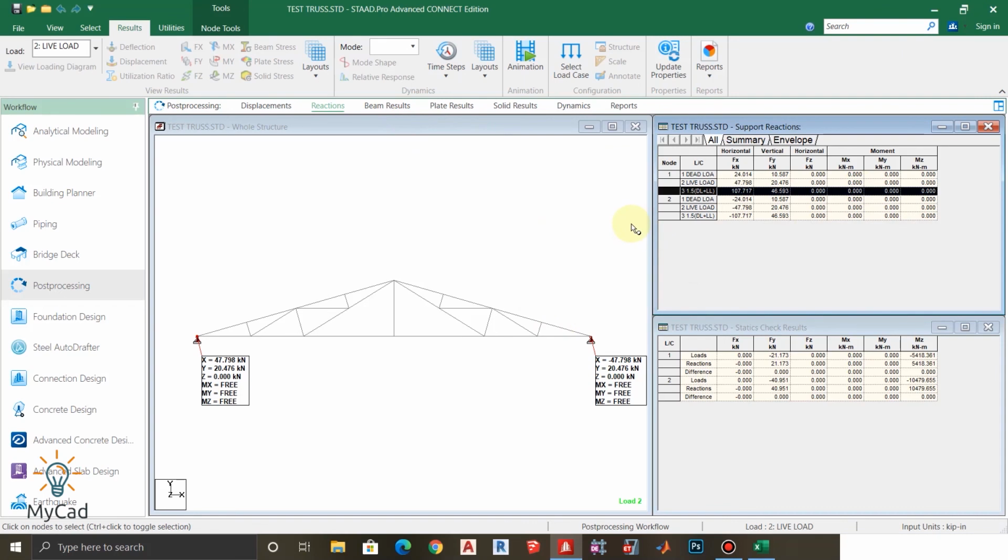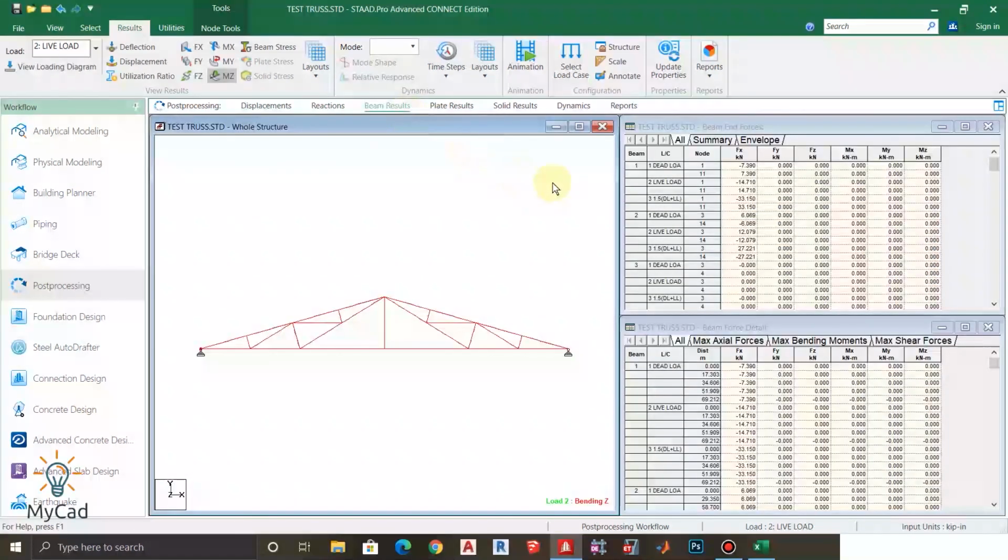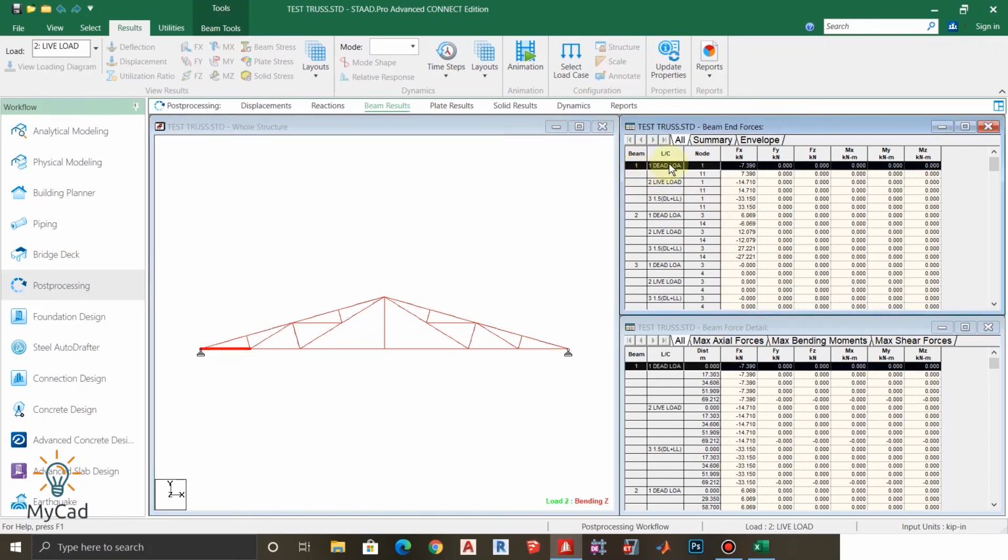And for the table of axial force, you can go to this beam results option, and from here you can see the table is created. For member 1, for dead load we are having this amount of axial force, for live load we are having this amount of axial force, for the combination we have this amount of axial force in the first member.